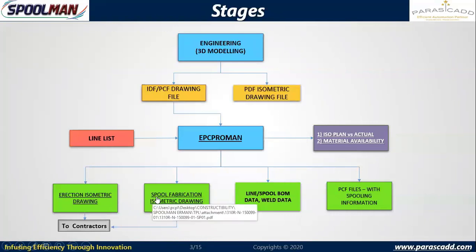So I can have erection drawing, spool drawing, then line and spool wise data, that is bill of material along with the cut list, weld data, how many joints are there in each spool, how many field welds are there. This field weld is connecting spool 1 and spool 2, that is pipe and elbow, pipe from spool 1 and elbow from spool 2. All this complete data which is done by engineering is available here. Only decision making here is where the field joint should be located. That will be done in AutoSpool. Further to that, complete database is available to us for further tracking and monitoring.